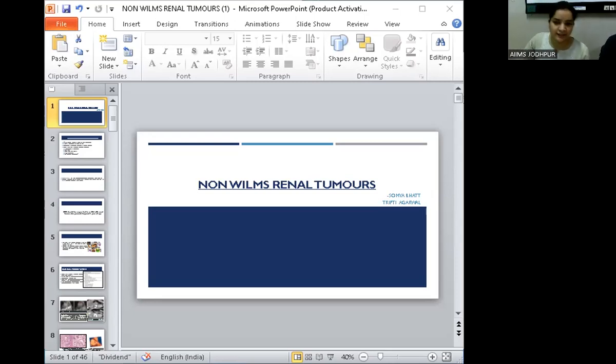As per the study conducted by the Children's Oncology Group, AREN03B2, in which a tumor biology and classification study was done for the renal tumors, the first 4,000 patients introduced in the study were classified as per histology. It includes 75% favorable histology Wilms tumor, 5% anaplastic histology Wilms tumor, and the rest of